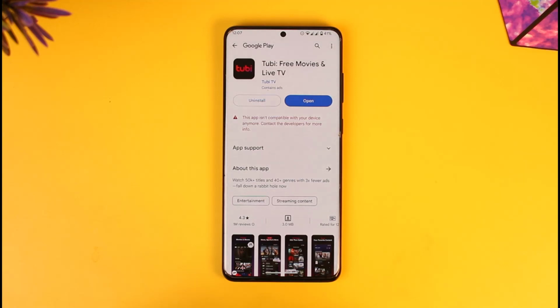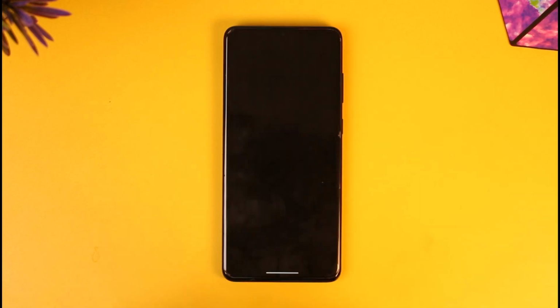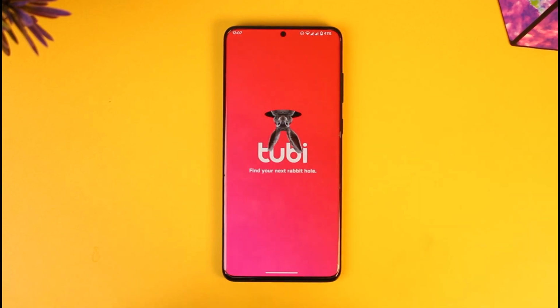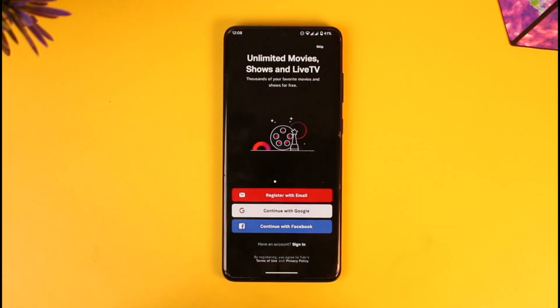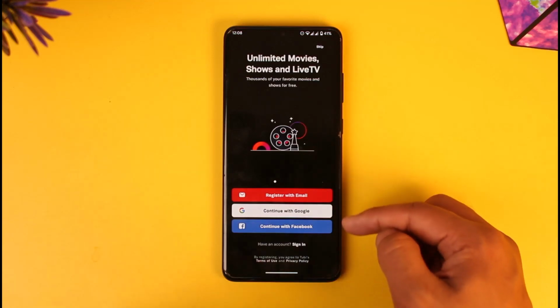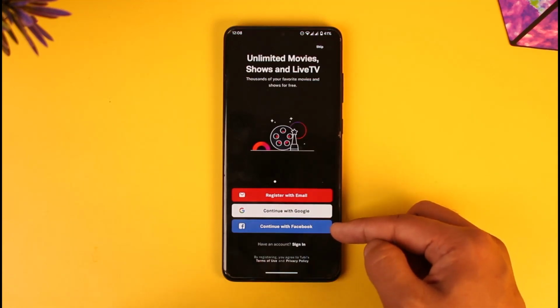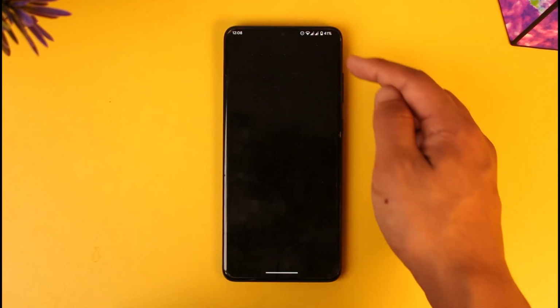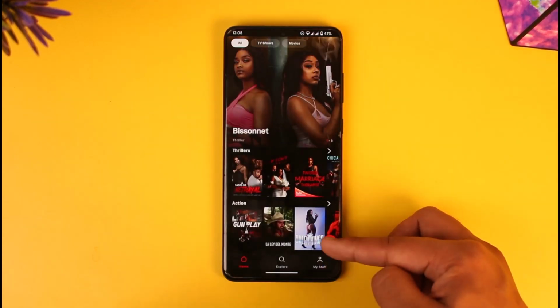Once you've done that, all you have to do is go ahead and launch the Tubi TV application, and then you will see this type of interface. First of all, it simply asks you to register with email, continue with Google or continue with Facebook, or you can simply tap the skip option if you already have an account, and you can see all of the shows